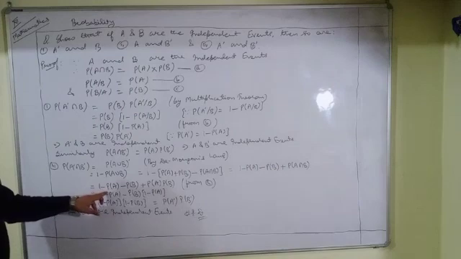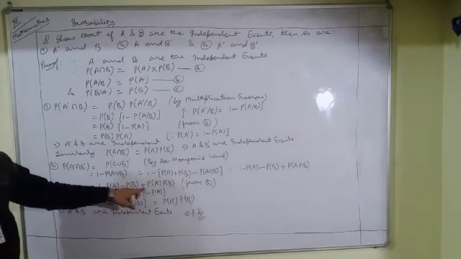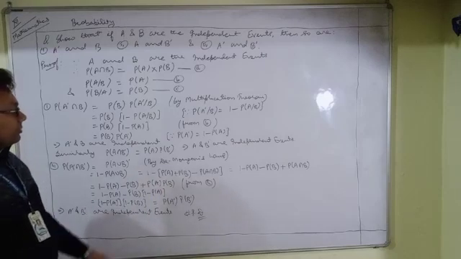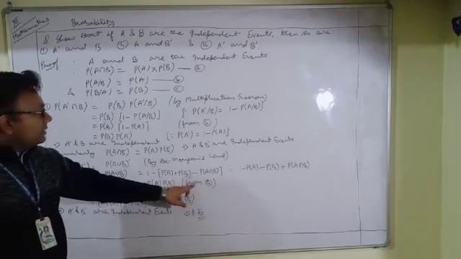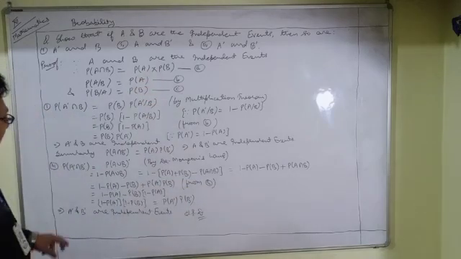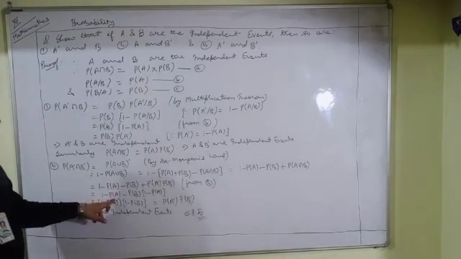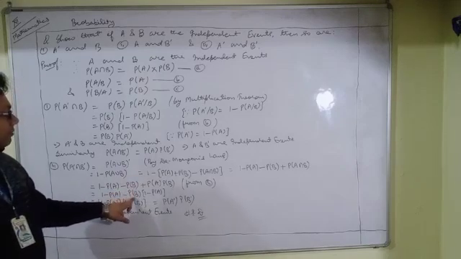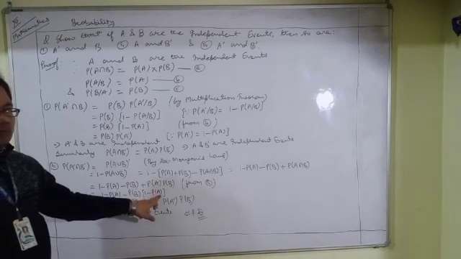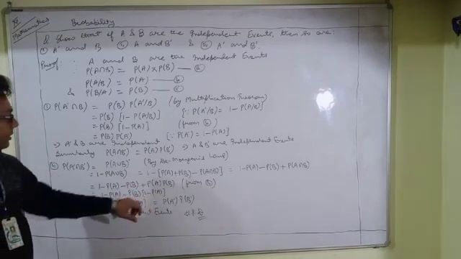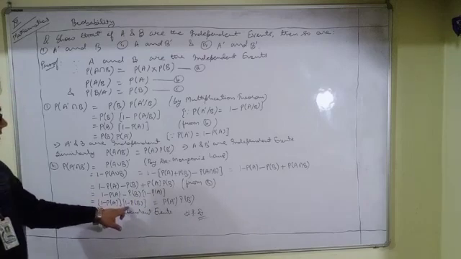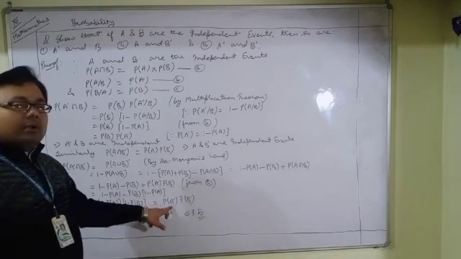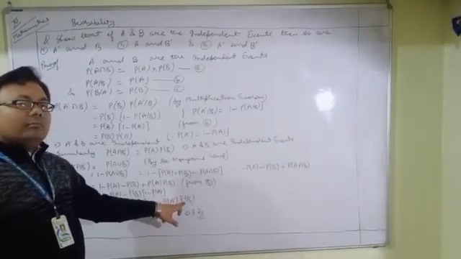This is equal to 1 minus the probability of A minus the probability of B plus the probability of A into the probability of B, because the probability of A intersection B is equal to the probability of A into the probability of B from result A. So this is equal to 1 minus the probability of A minus the probability of B, and the probability of B we take common, so that overall 1 minus the probability of A can be taken common. Then we are left with 1 minus the probability of B. So 1 minus the probability of A is equal to the probability of A complement into the probability of B complement.